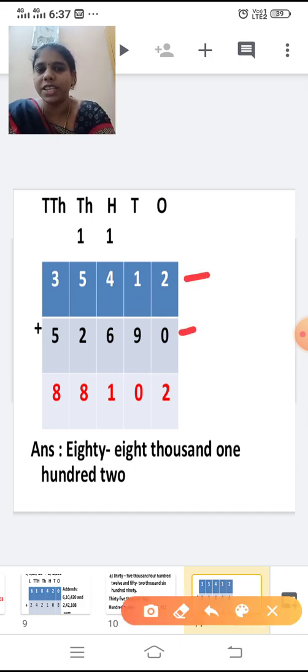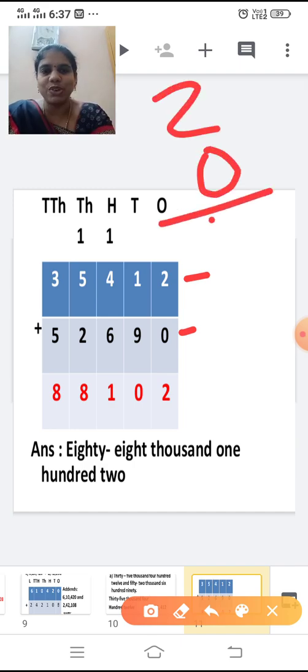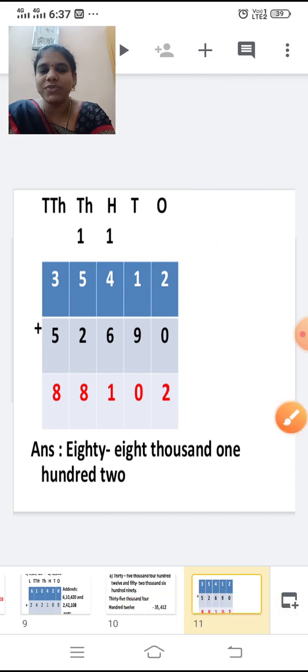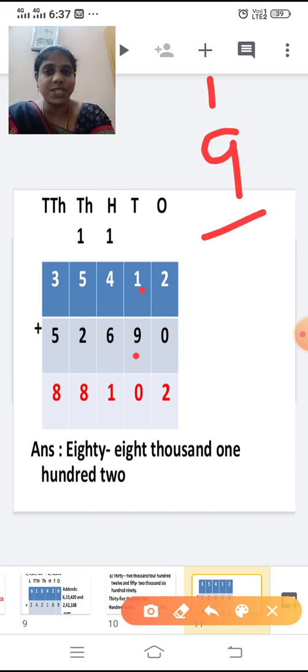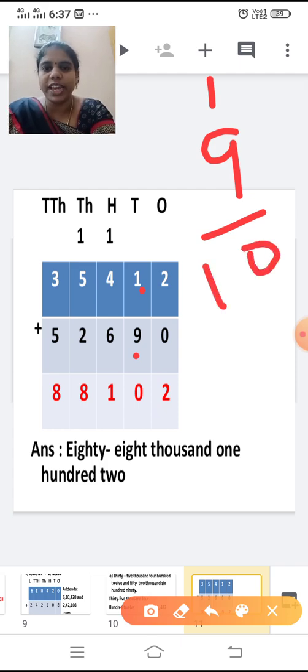First add the ones place. 2 plus 0. If you add 2 to 0, what will be the answer? 2. So write 2 below. Now next we are going to add the tens place. 1 plus 9. Add 1 and 9 and tell me the answer now, children. Or else 9 plus 1. Keep 9 in mind, 1 in finger. After 9 I'm going to add only one number, right? So 9 plus 1 is 10. So write 0 here. It's a 2-digit number, right? So write 0 here and this 1 is carried over to the hundreds place, right?